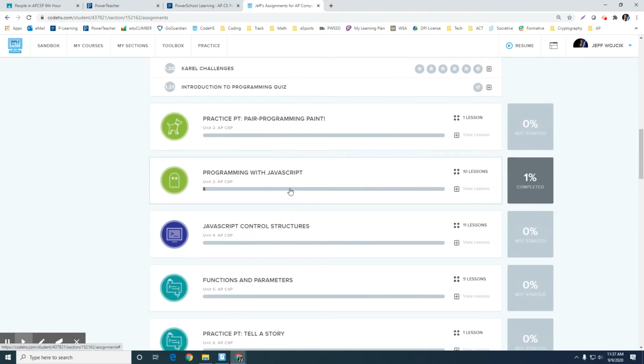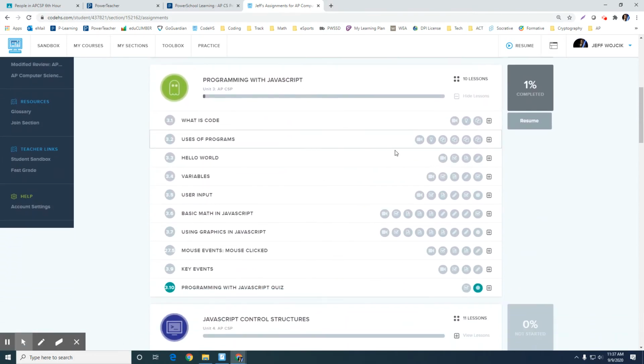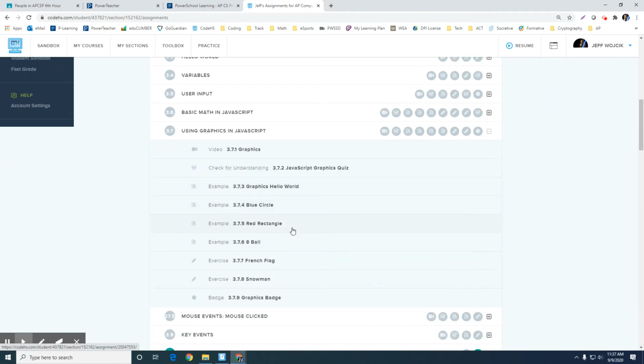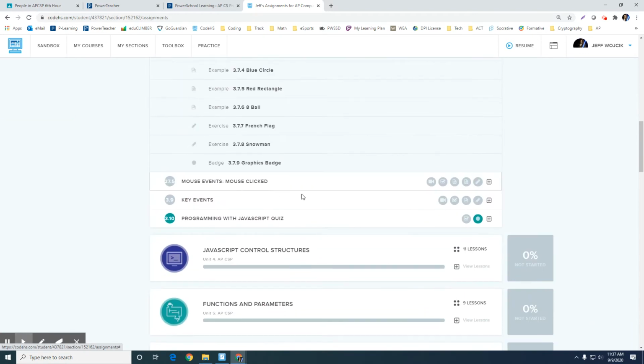Once we get through Karel, then we're going to get into real JavaScript. We'll have some programs that are all just text-based. Maybe it prompts the user to type in some numbers or names or some words or something like that, and the program will be able to interact with that. Or you can use graphics where you can make pictures and objects and balls and snowmen and all kinds of fun things. That's basically when we get into the game design, where we're going to be making games, which is